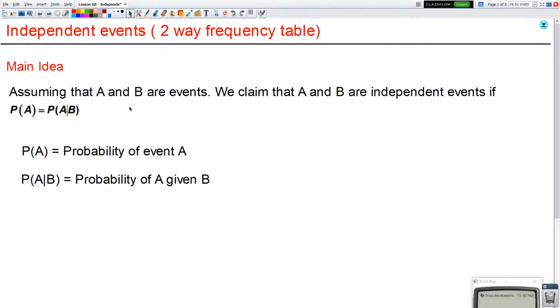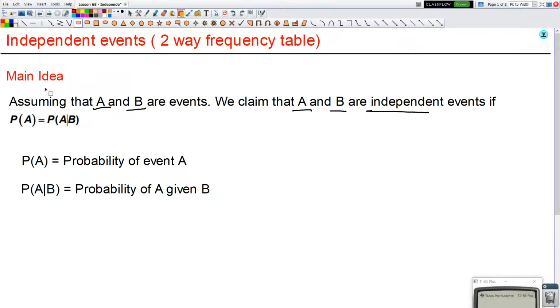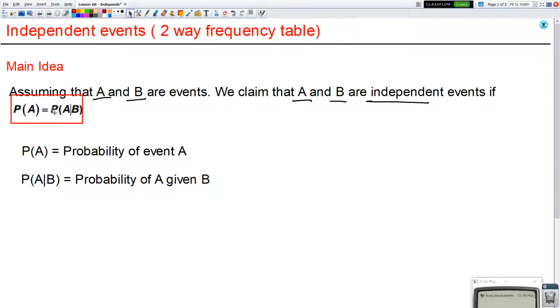Today, we will talk about independent events, but now we will be using a two-way frequency table. So the main idea here is that we are going to assume that we have two events, event A and event B. Now, we will claim that A and B are independent if this is true: if the probability for A is equal to the probability of A given B,